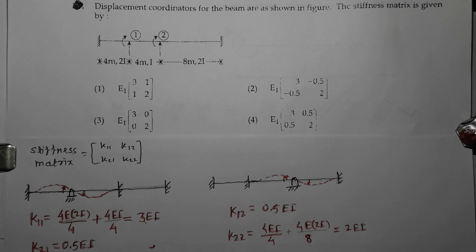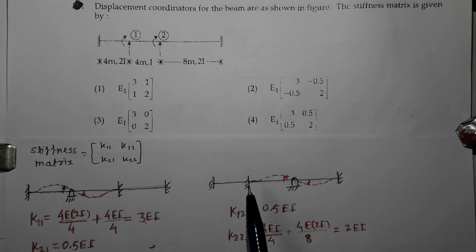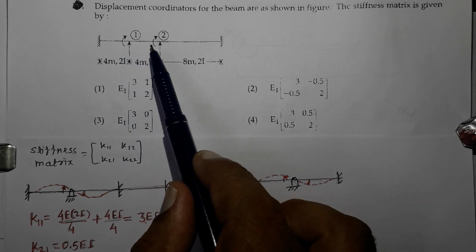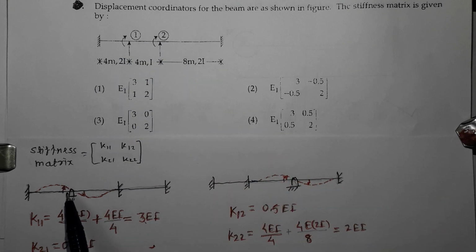Now here, in order to get the stiffness matrix, what I am doing is that I have considered the beam 2 times. As there are two coordinates which are shown, both the directions are along the rotations at these positions. Now here, this is coordinate number 1. So at 1 I am giving a unit angular displacement. So let it be 1, or unit displacement. Now because of this unit displacement, other supports have been locked. So if a unit displacement is given over here, some force will be developed at coordinate 1 as well as at coordinate 2 also. Coordinate 2 is over here, coordinate number 1 is over here.